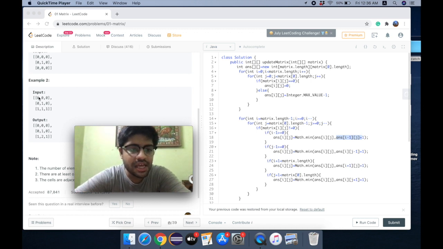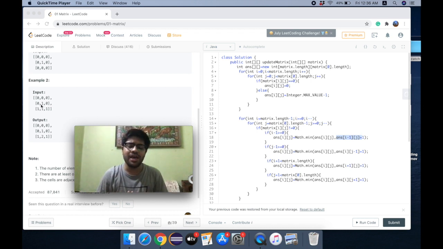So if we get a 0, then in the solution matrix, wherever we have zeros, we directly put zeros there. When we do not have a 0, let's say it is Integer.MAX_VALUE, which is the highest value. So let's assume that the distance is very large. If I find out that this one has 0 as its neighbor, then I'll modify the distance to 1.